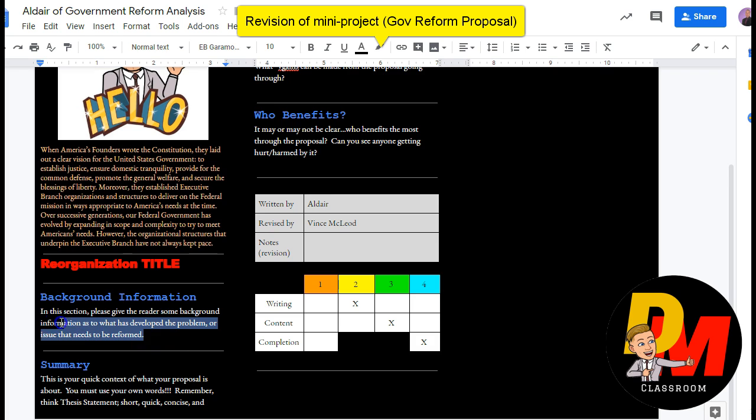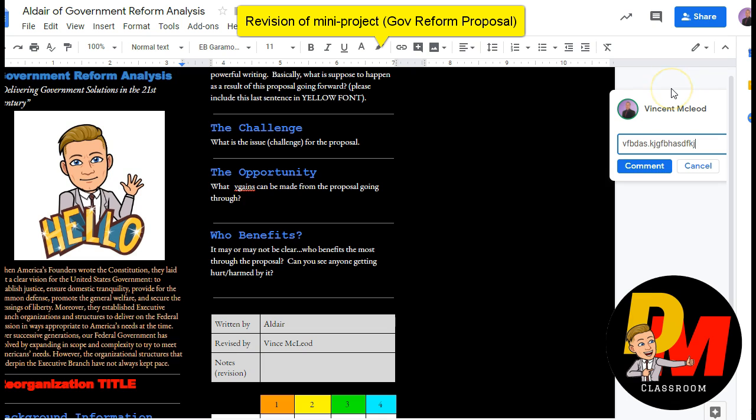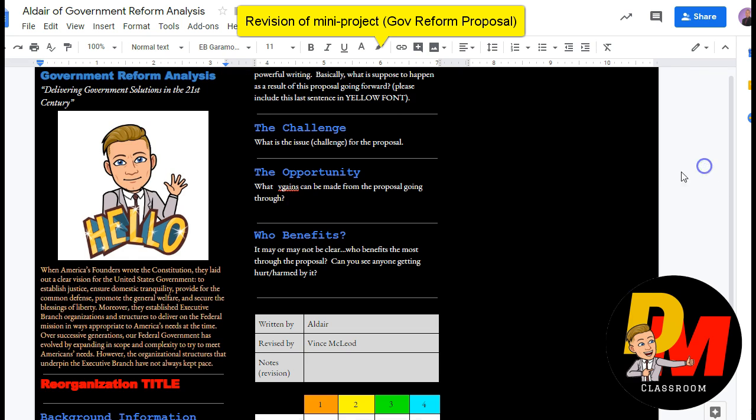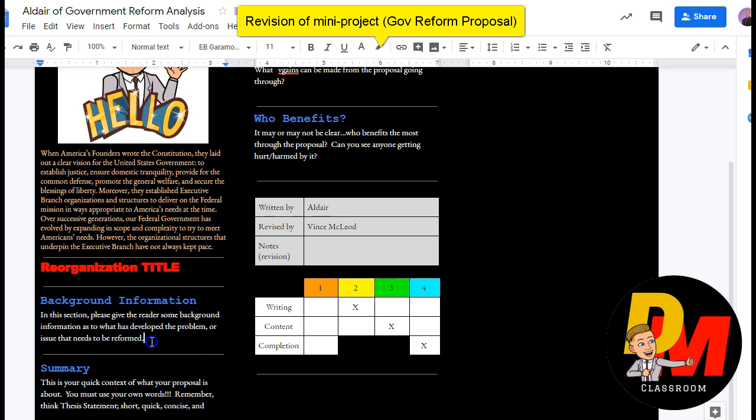Specifically, if you wanted to say something positive or a critical statement, highlight it, and we're going to come over here, click the plus and add a comment, and you would write in the comment there. You can click comment, and then when they go back and see it, they can address that specific one, they can resolve it, whatnot. So that is the expectation I would have when you're revising someone's work. This does need to be done by the end of class. This shouldn't take you the whole entire time, but again, it is very responsible for you to take a serious approach to this because you're helping that person develop.